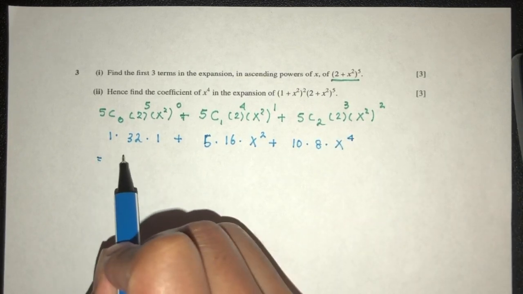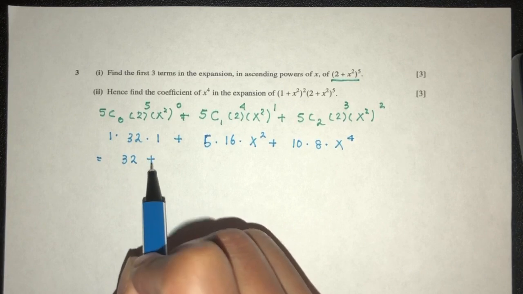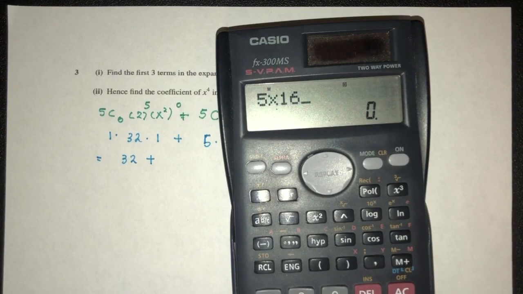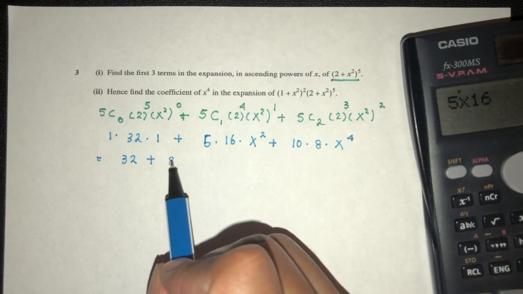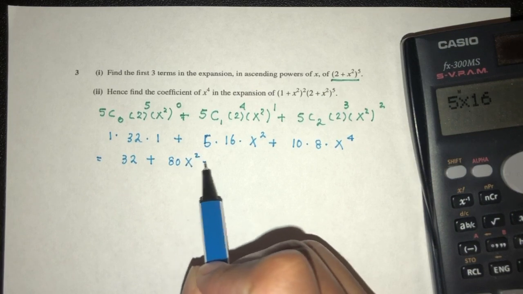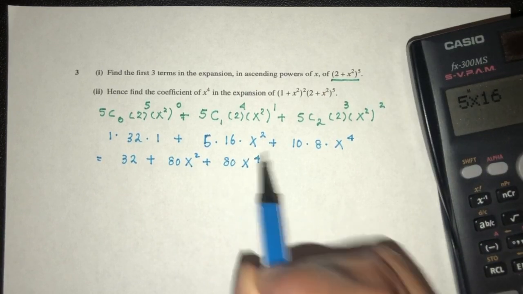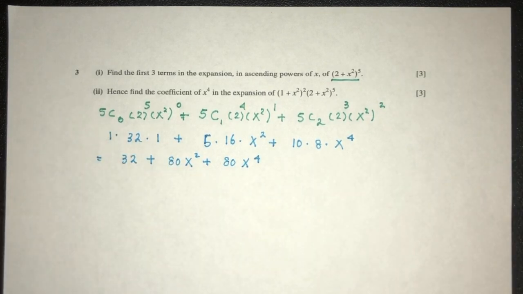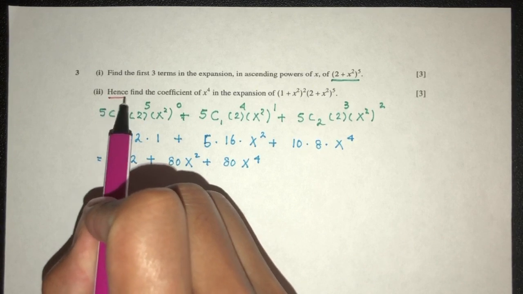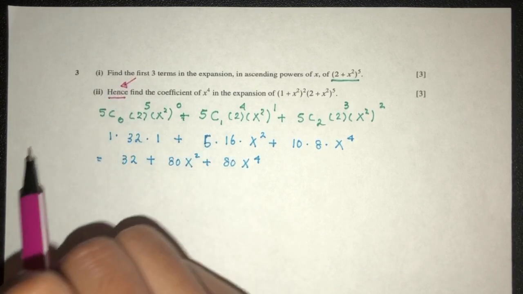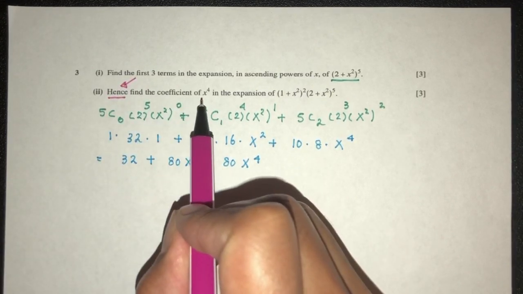Now simplify, that will be 32 plus 5 times 16, that should be 80, plus the value of 80 x power 4. That is part 1 of the question. Now as we can see, here we have hence. Hence it means we have to use part 1 of your answer and find the coefficient of x power 4